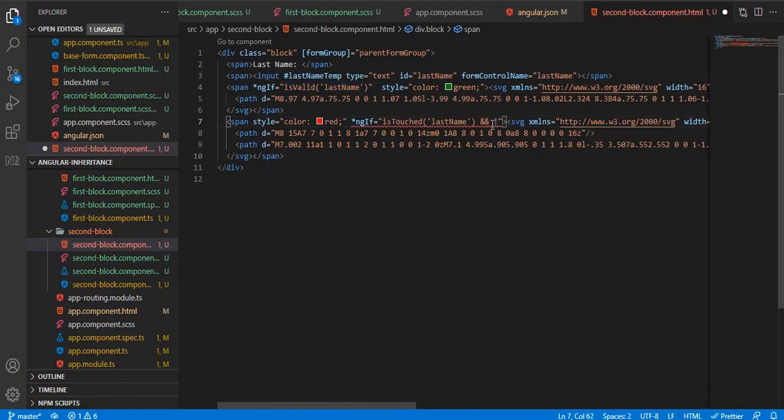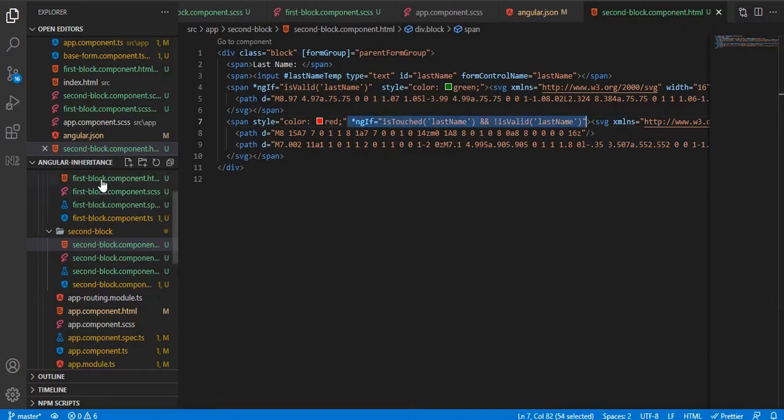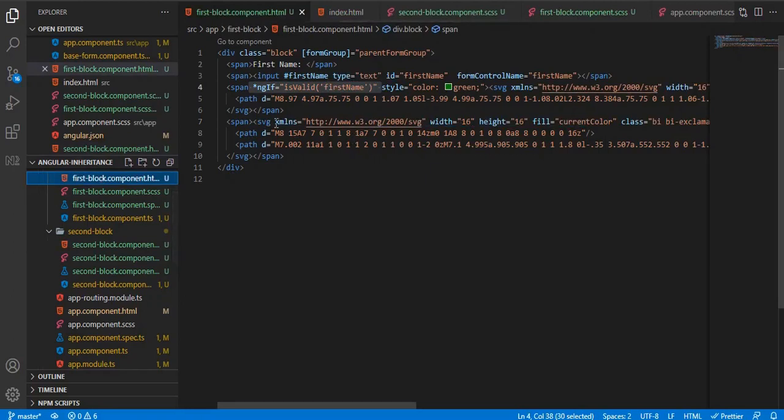If valid returns false, so we need to check the negation of that, meaning whenever we have touched it and we have not entered any value, isTouched will be true and isValid will be false. So we need to check both the conditions here. Let's copy this to the first component.